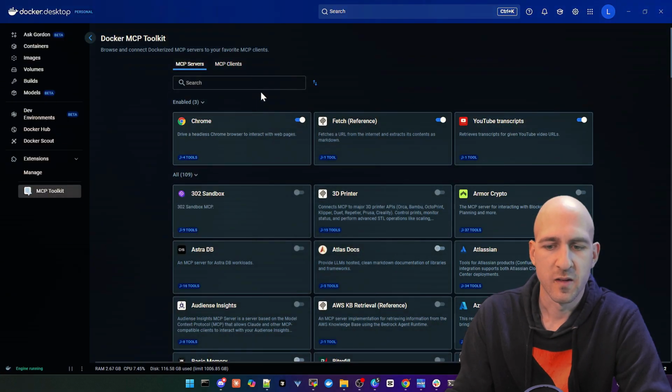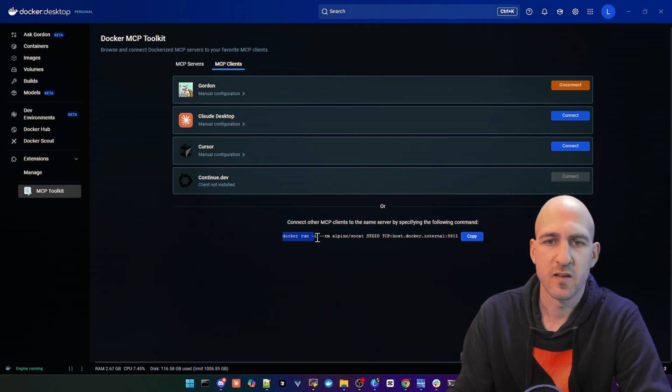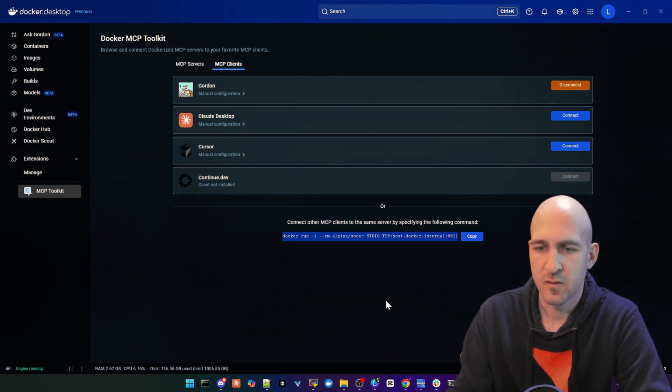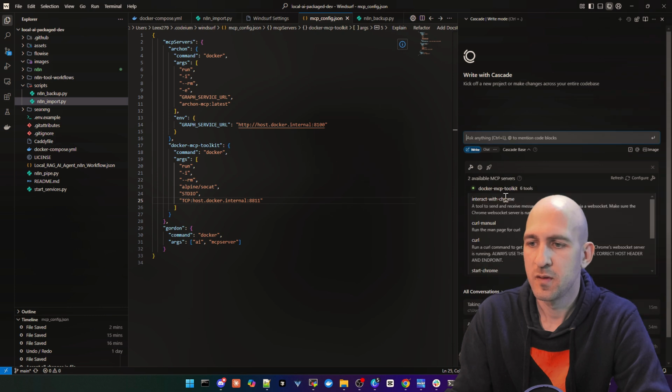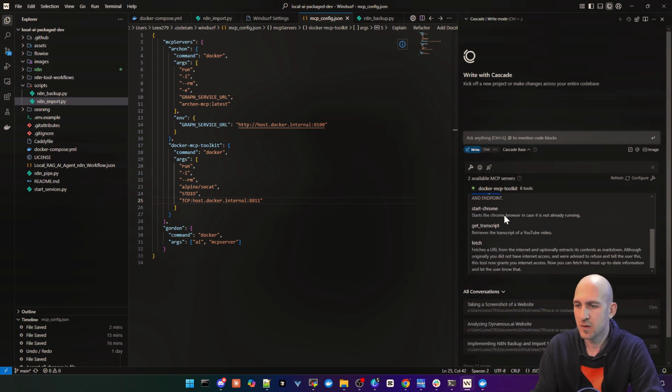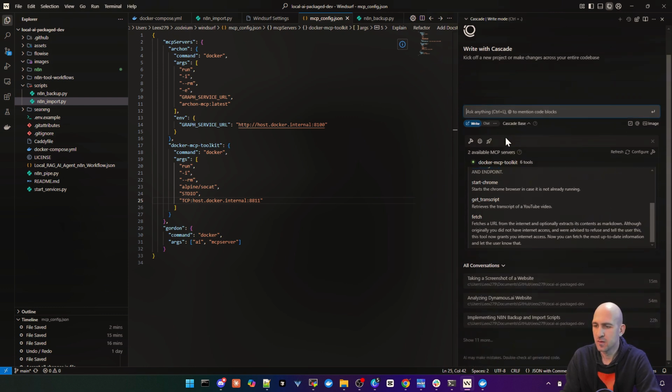So you can find this command also in Docker Desktop when you go to MCP client here. And then here on the bottom is the command to run the MCP server. You can see the MCP server then here on the right. If you click it, you can see the list of all tools available, and we can use them directly here